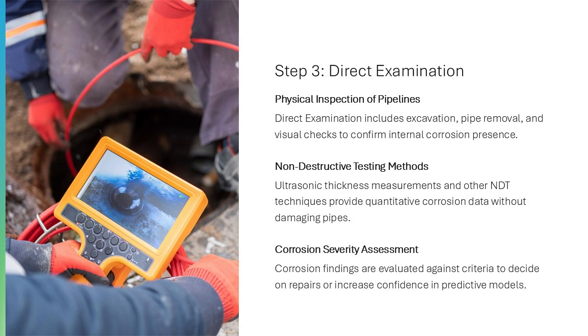damage. Site selection is critical, as only a limited number of locations are typically examined due to cost and operational constraints. Findings from direct examination provide essential feedback on corrosion mechanisms, rates, and distribution. If corrosion is found, its severity is assessed against applicable acceptance criteria to determine whether immediate repair or mitigation is required. If no corrosion is found, confidence in the model assumptions may be increased. This step represents the point where analytical predictions are tested against real-world conditions, making it a cornerstone of the DG-ICDA